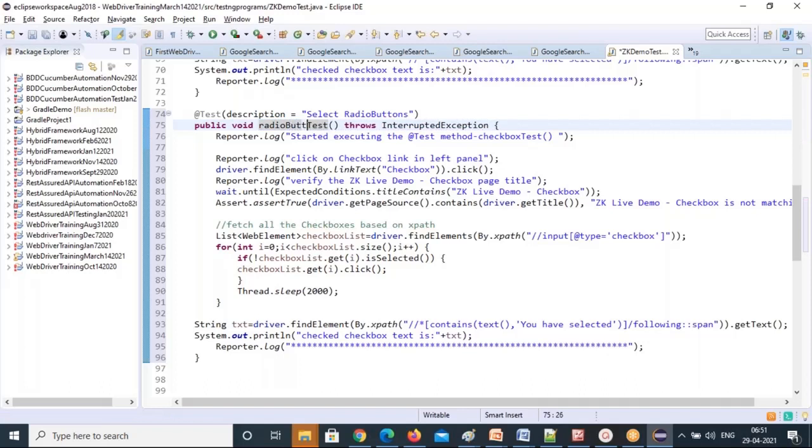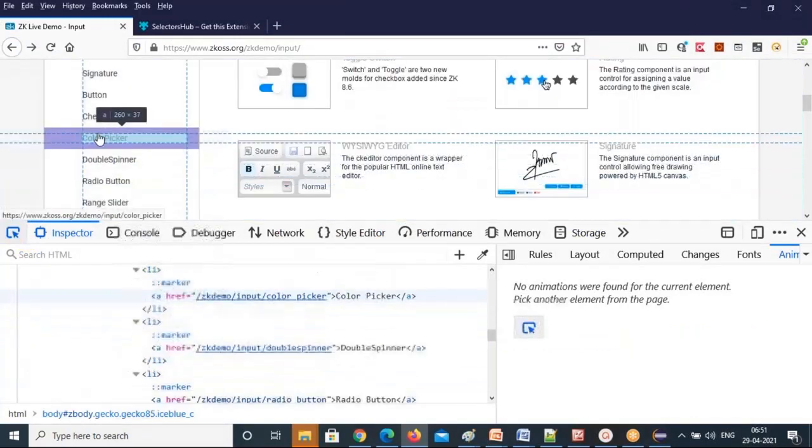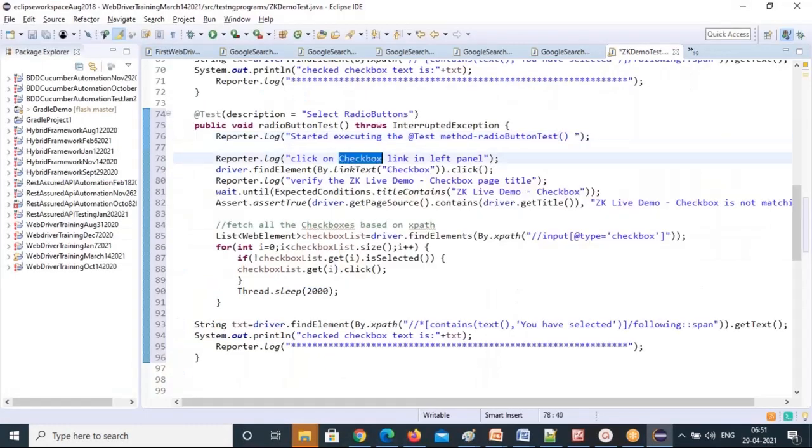So like this, basically we need to build up multiple test cases. That's our objective here. So then we can apply all this at the test keywords. So that's the main intention. At the test keywords we can apply. So radio button, this is the radio button. Copy this, wherever radio button is there, checkbox is there, replace that. So you're clicking on this, and this is the radio button.